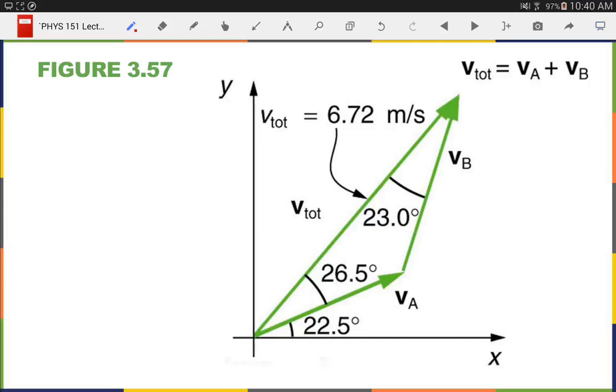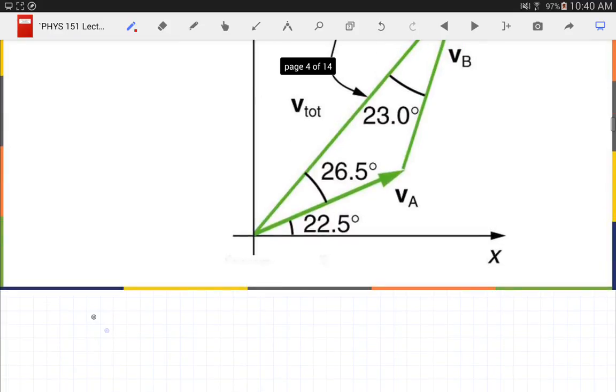The numbers here are a little bit different, I believe, but I will go through how to do this analytically, and I will keep the coordinate system that's here instead of rotating to choose a more convenient one. So I have vectors VA, VB, and V total. And I want to break them all into their coordinates so I can add the x's together and add the y's together. So I'll start with